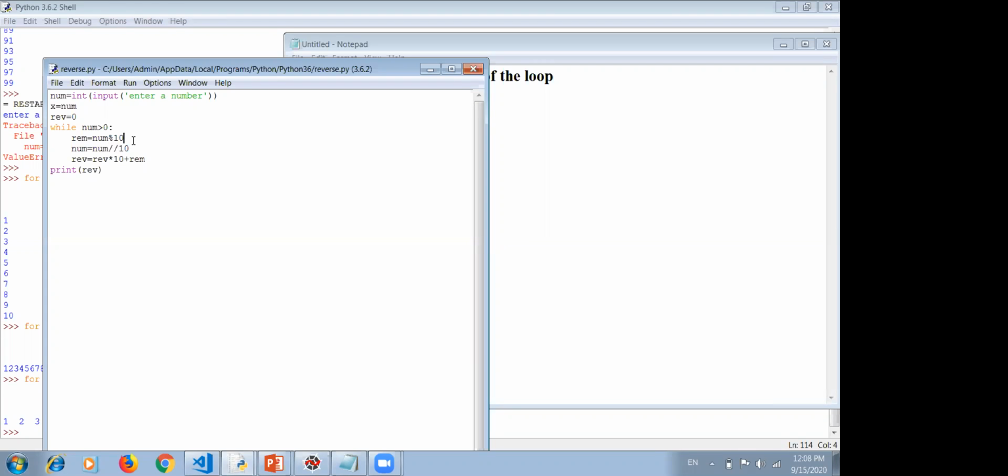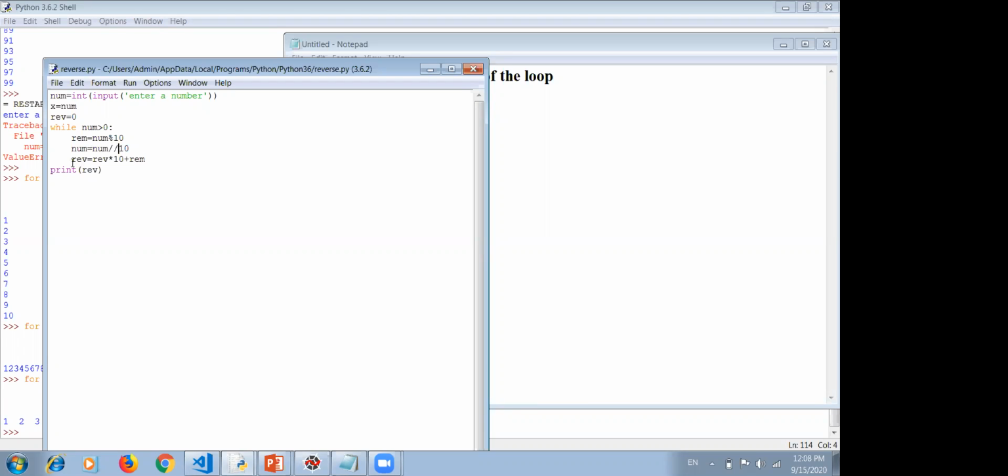Floor division means, suppose we have 10 and we divide it by 3. So what is the output that we'll get? Generally 3.33333. But if we are using floor division, the double slash, then on dividing 10 by 3, we'll get the output as 3. So it gives the floor, meaning the lower portion. If you are getting 3.3, the answer will be 3. Okay? The floor function is included in this.